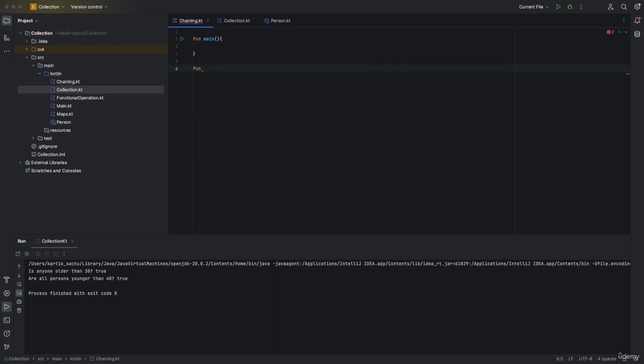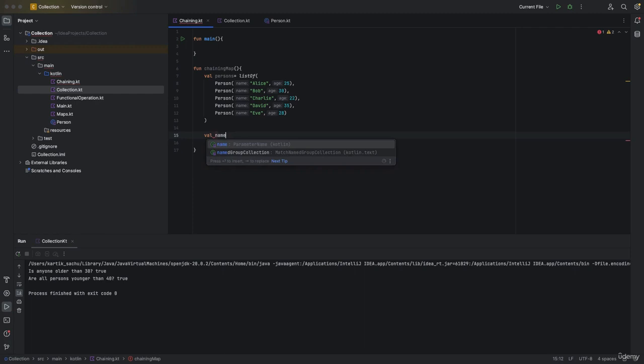create a function, call it fun chainingMap, paste that list in this, and then I'm gonna select the names of person which are older than 25. Okay, so I'm gonna say val names